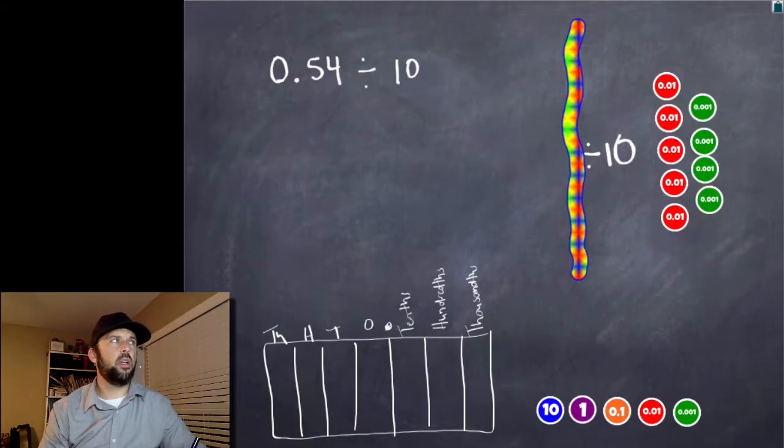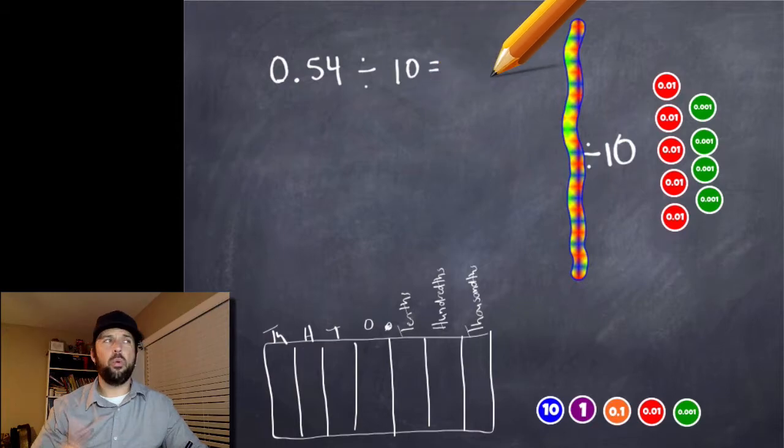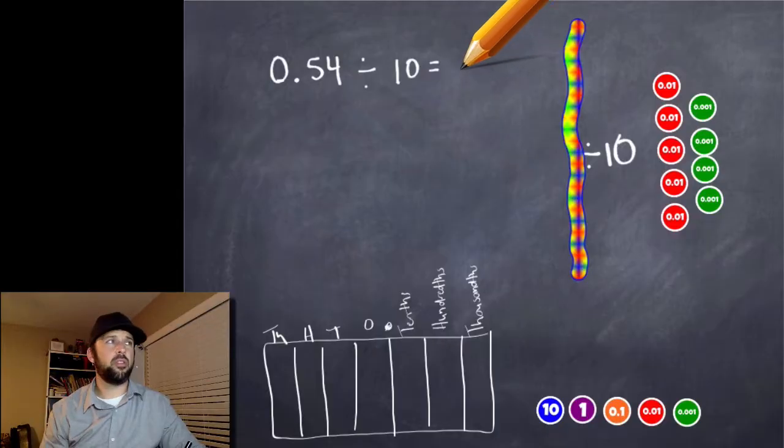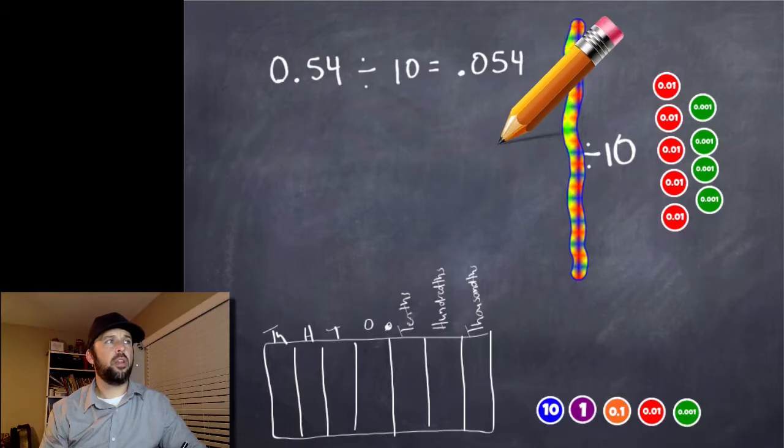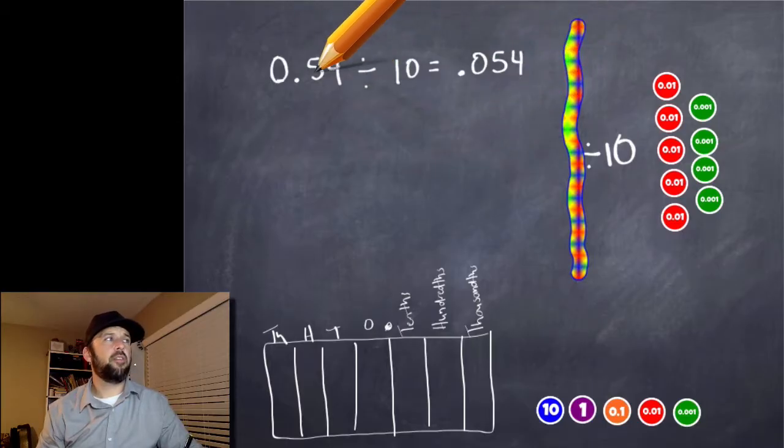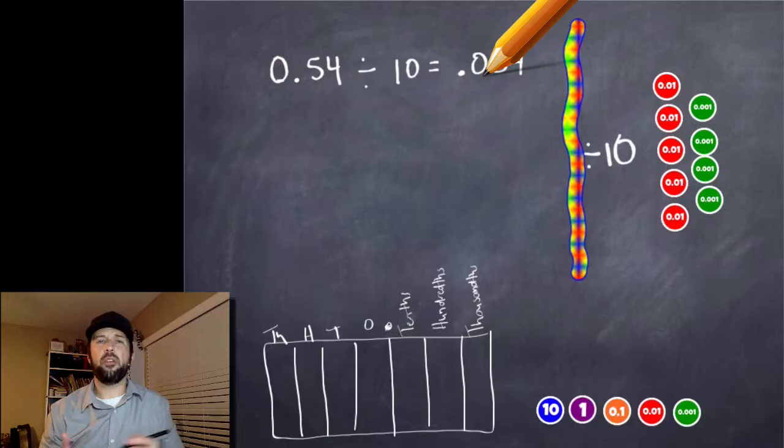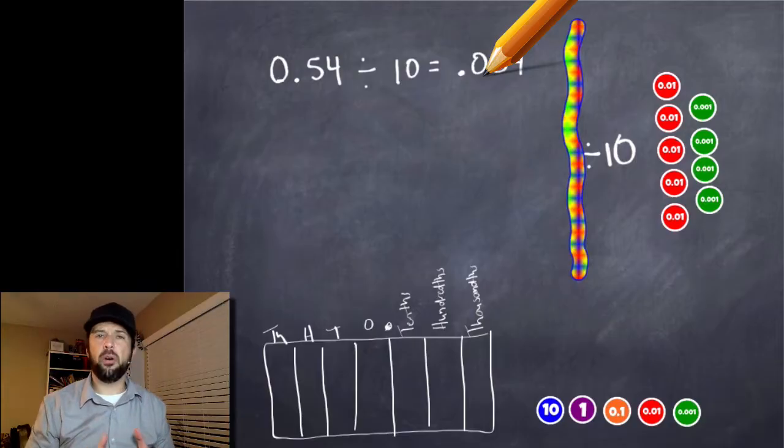So that whole number got smaller by one place value, okay? My tenths became hundredths, my hundredths became thousandths. So now I have 5 hundredths, 4 thousandths. So my 54 hundredths became 54 thousandths. So you're kind of getting the idea on how dividing by 10 just moves everything down a place value, right? Not a super hard concept. I think you guys can figure this out.